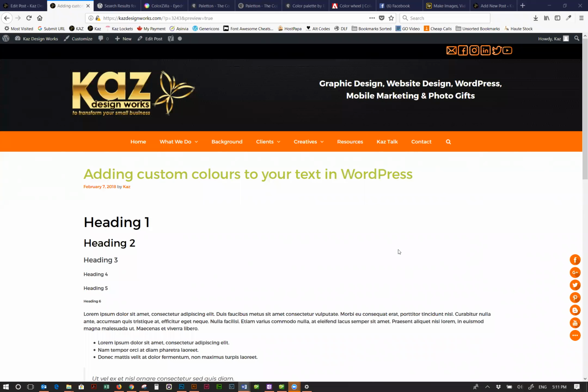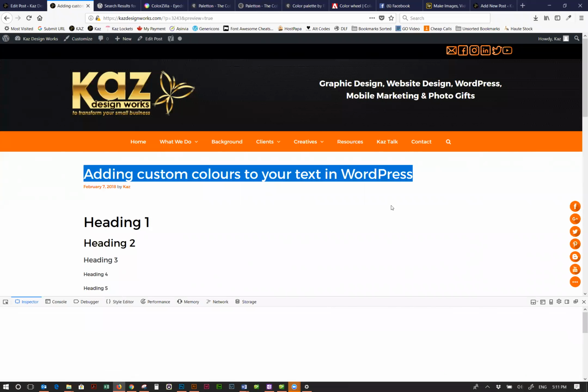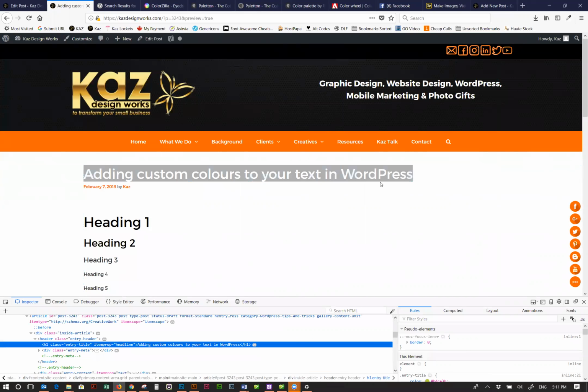So if you're picking colors from your own website or somebody else's website, there's a couple of ways you can do it. The first way, so for instance, this text here, if you wanted to know what this text was, you simply highlight the text, right-click, and inspect the element. Now, this is in the CSS, so you can scroll down till you see the color, which is shown by the little green blob here. You simply copy the text,